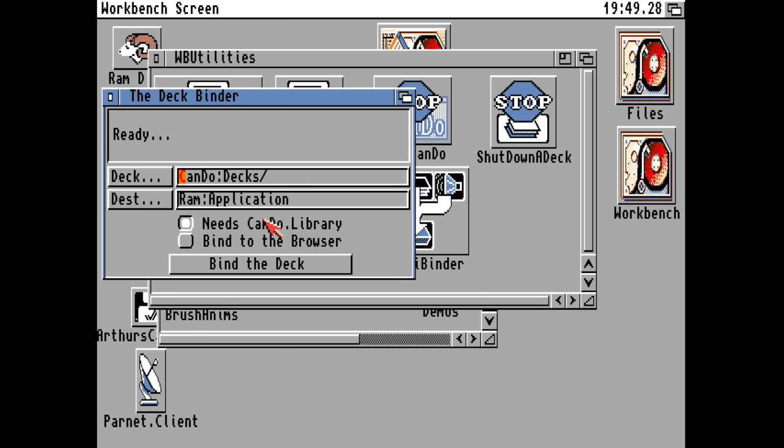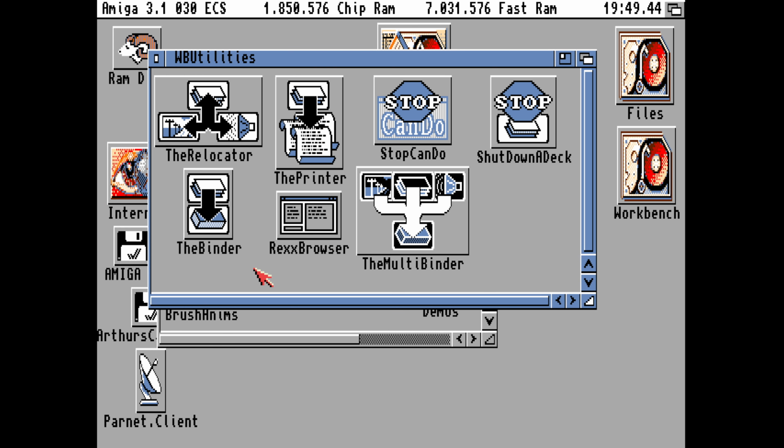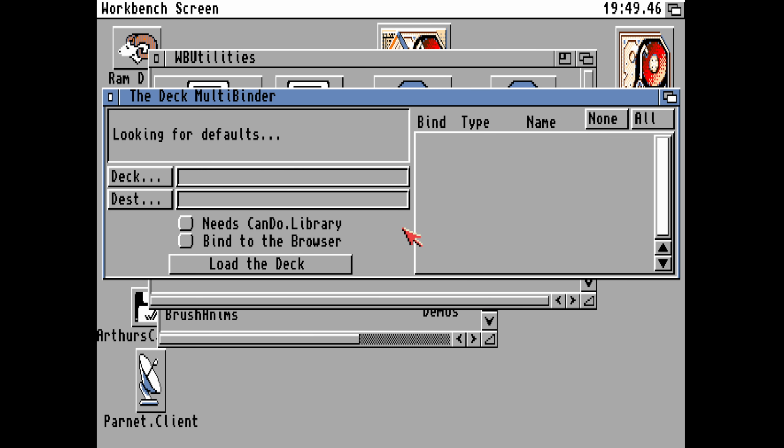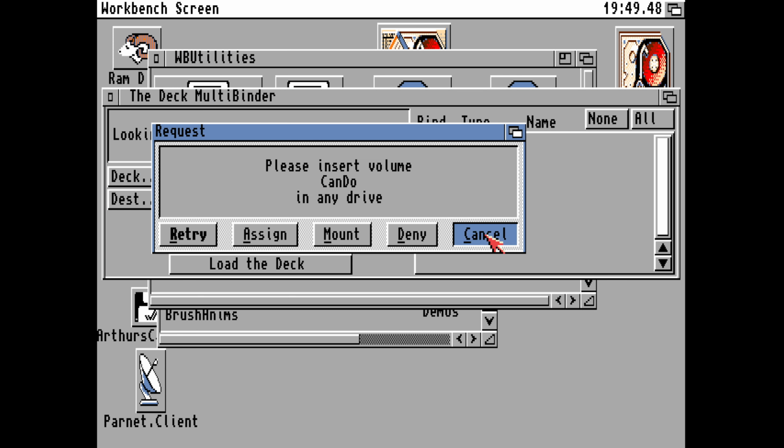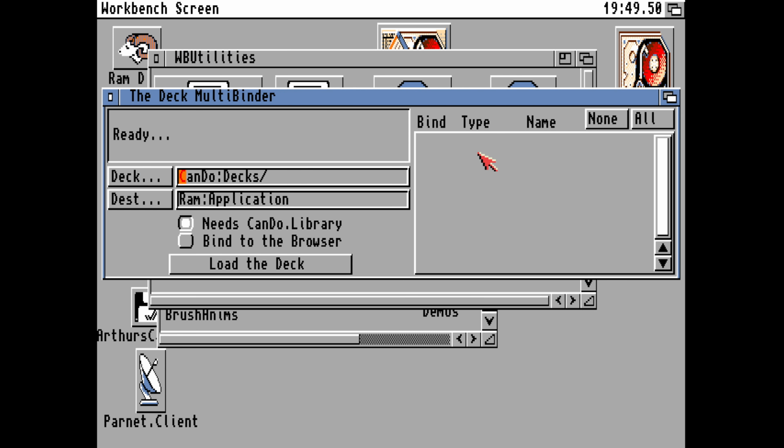But sometimes if you want to install the CanDo library on the user's computer, sometimes you might need CanDo library switched on, and that means that they'll pull the CanDo library out of the libs directory. So the deck binder is definitely important, and the multi-binder as well does pretty similar things to the deck binder, only it also adds any images, maybe sound effects as well, things that it can bind together. It'll bind them all into a